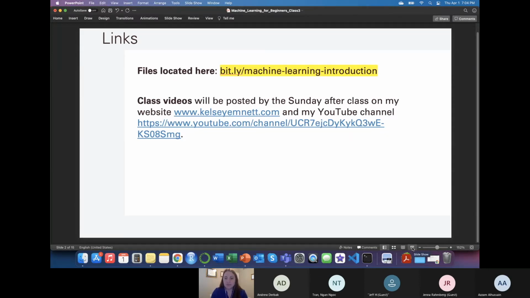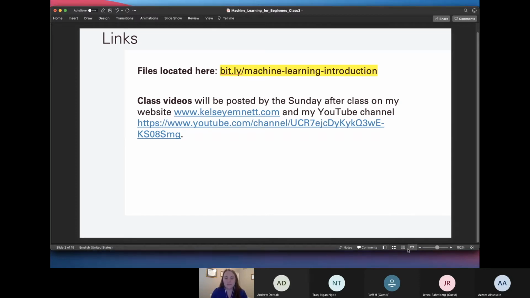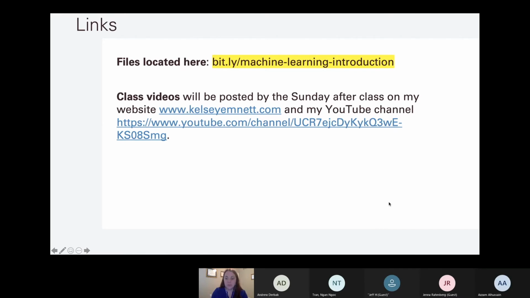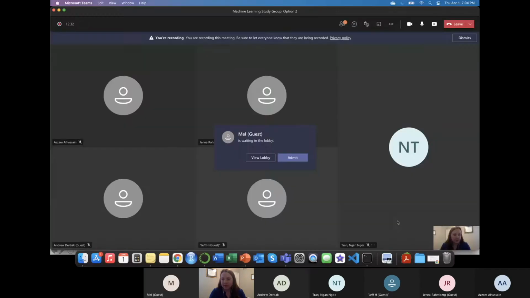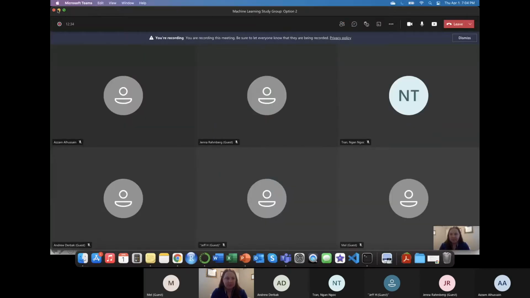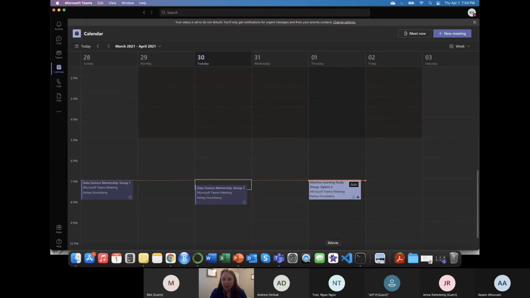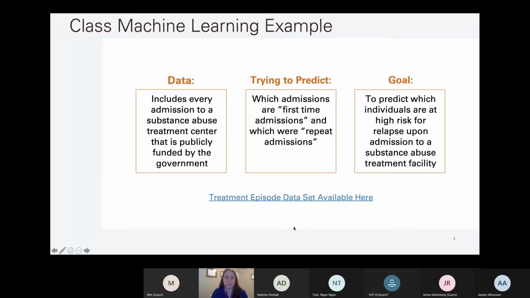I am not able to use two screens today, so I cannot see the chat screen. So please, if you do have a question, feel free to unmute because I won't be able to check that chat today. And normally I would have the two screens, but that's not the case. Hold on, gotta let that person in, admit. All right, so getting back to our PowerPoint,